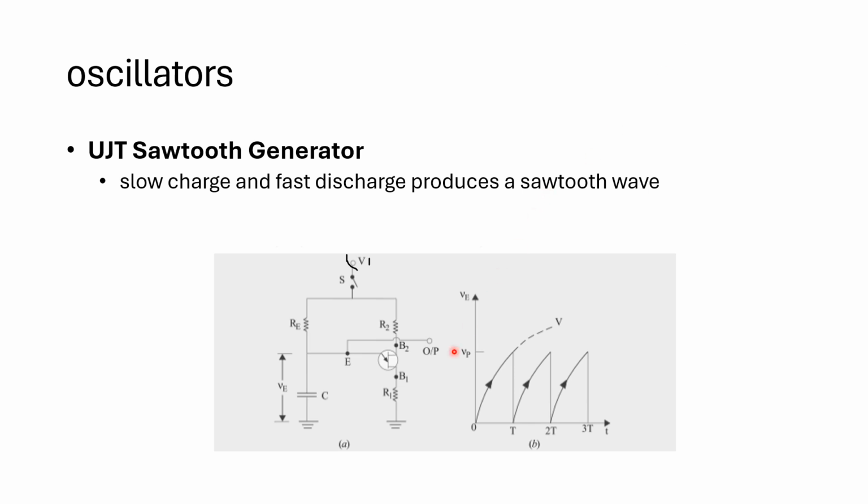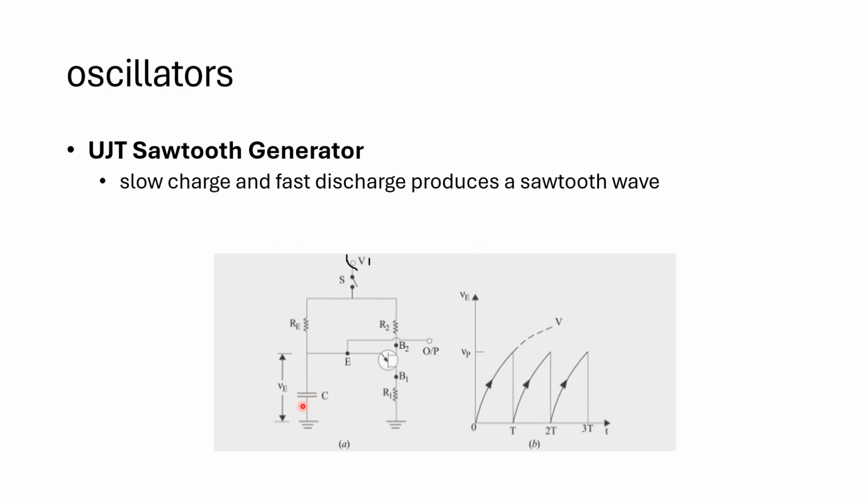So your EB1 junction becomes forward bias. Initially, a while ago, this is reverse biased. However, when the capacitor starts charging, the reverse bias condition here will be changed to forward biased as the emitter goes into negative region of its characteristic. Okay? So being forward biased, the emitter base 1 junction offers very low resistance.